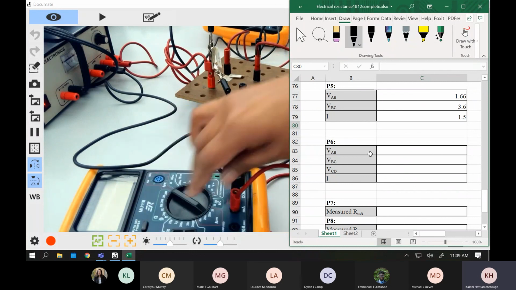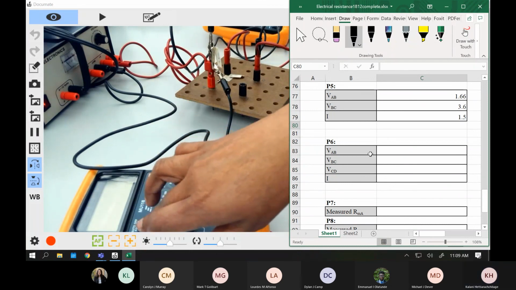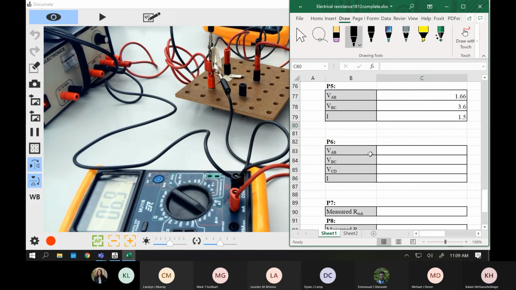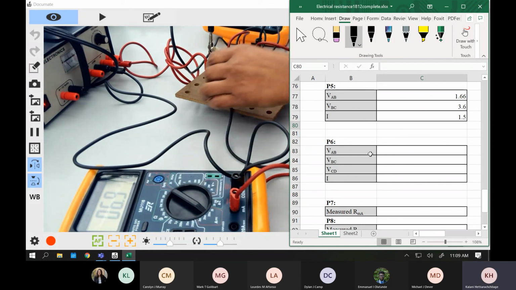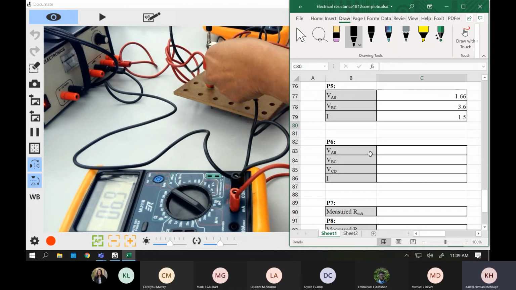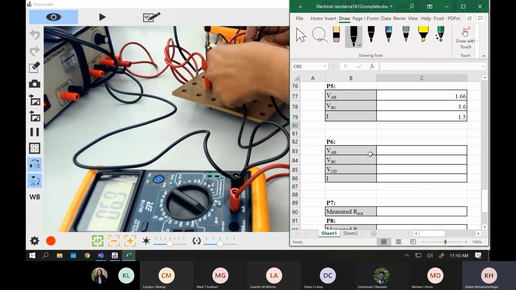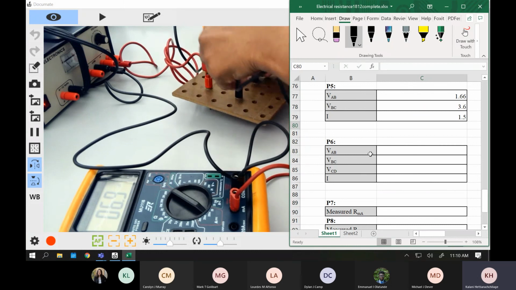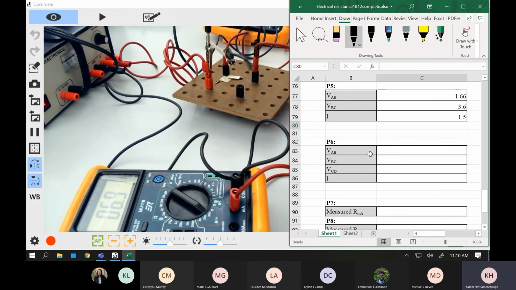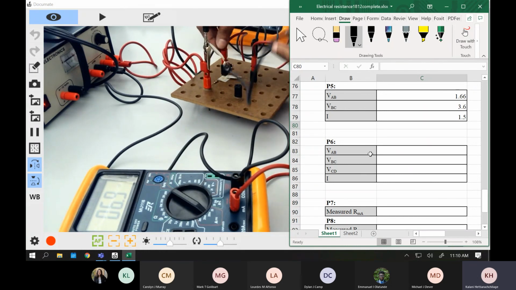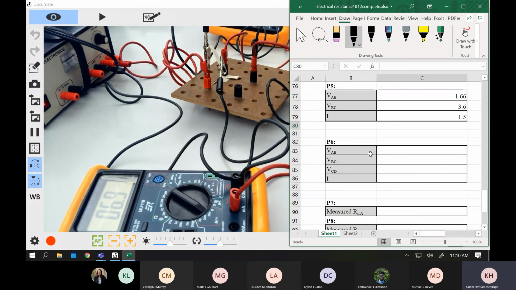My one is off. I have exactly the same voltage I had earlier. How did that happen? My one is removed. Give me a second. Did you guys have the same voltage? I have exactly the same voltage. A and B.